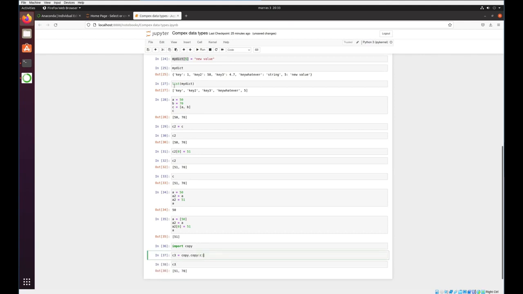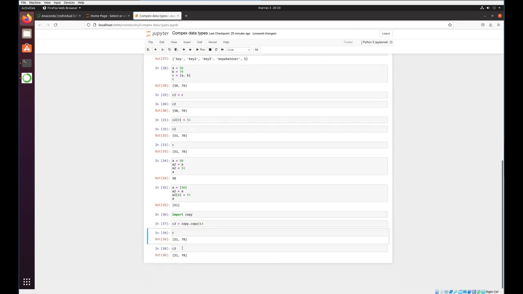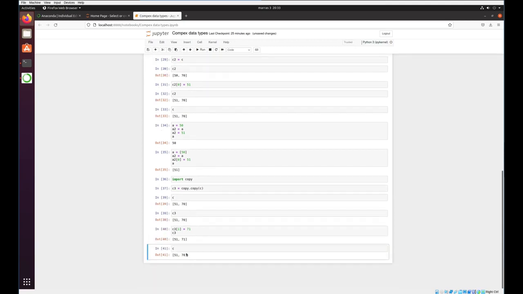So if we have C3 and C, initially they have the same values. But now if we modify C3 element 1 to be 71, C3 is modified as expected, but C is not. And this is also expected because we have forced Python to actually make a copy of that referenced value. So C3 doesn't point anymore to the same structure as C originally did. However, if we were to take this one step deeper,